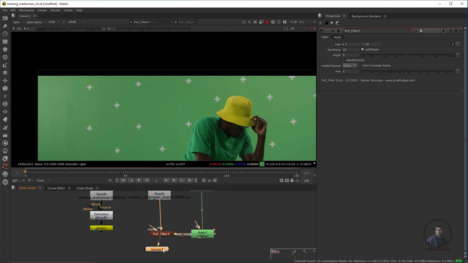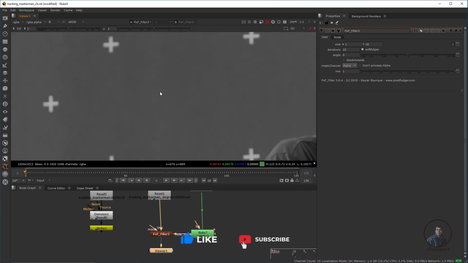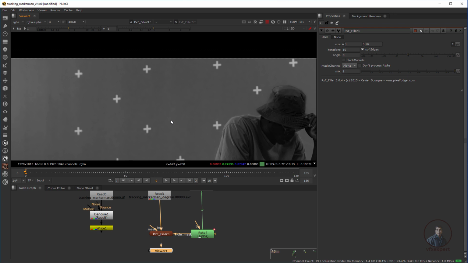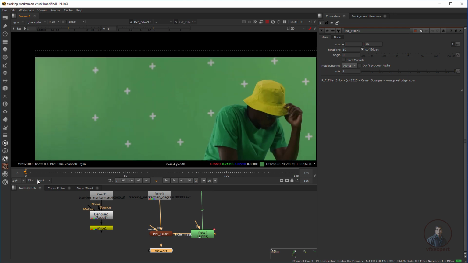Now while you are removing your tracker marker, you also have to check in all channels how you are getting your result here. So again, now press R, G, and the blue channel. Here in this blue channel, this is also looking good. But if you are getting any problem, then we will adjust all these parameters here. Later we will adjust and explain all these parameters. Now we have to move and check. Now again press B. So here I have simply removed the first marker.